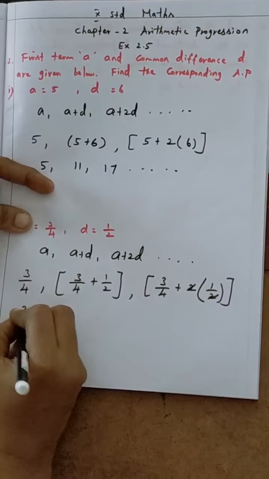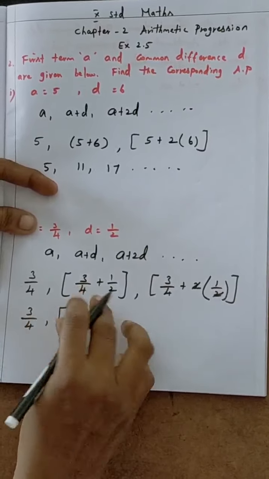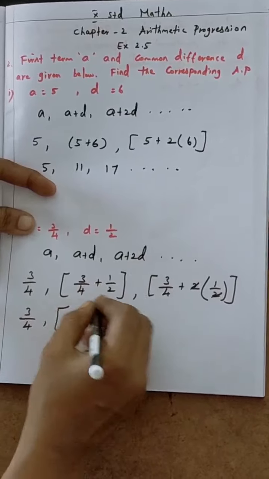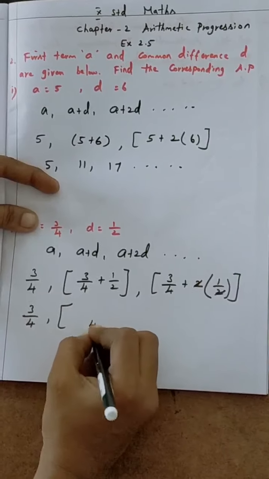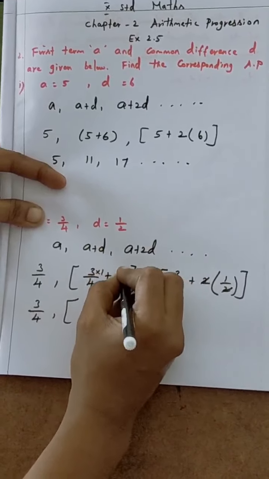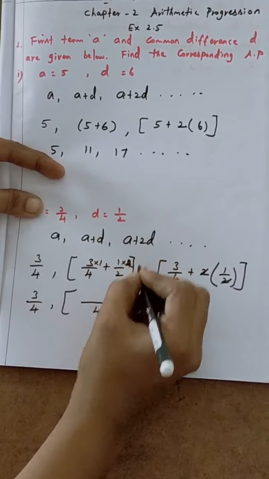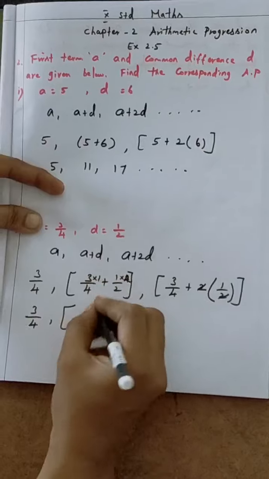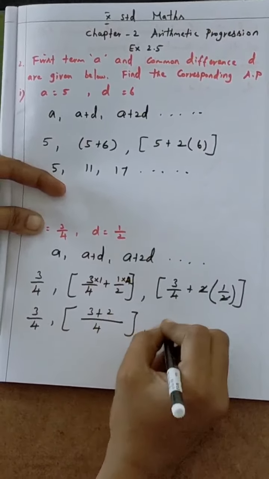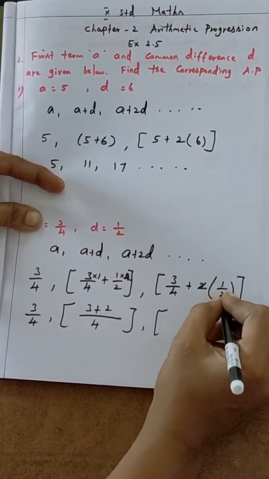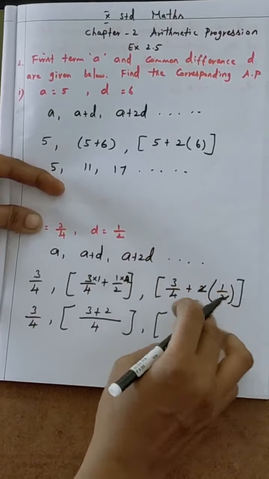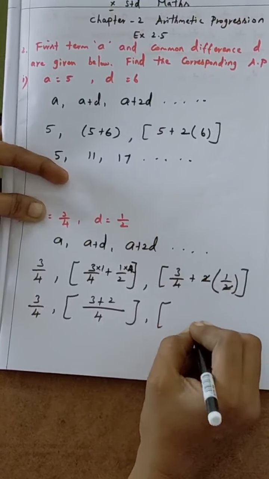Okay, next one is 3 by 4, comma, this one the denominators are different, so you find the LCM. What is the LCM of 4 and 2? You directly write down LCM 4. This term multiplied by 1, then the numerator multiplied by 2. So 3 ones are 3, plus 1 twos are 2. Okay, the next one: if the denominator is not mentioned, the denominator is 1 divided by 1 only, and the 2 directly cancels. 4 is the LCM of the terms.